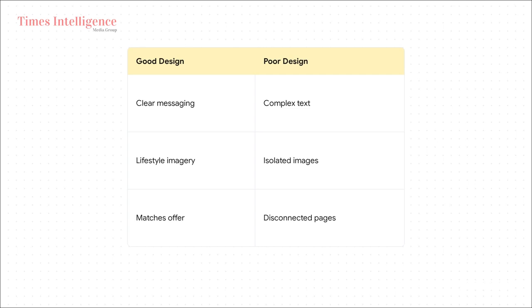Look at this stark difference between good and poor design here. Poor design relies on complex text and sterile, isolated catalog images. Good design, on the other hand, uses crisp messaging, like winter sale, 40% off, and pairs it with lifestyle imagery. Showing outdoor dining furniture actually set up in a lush summer garden creates an immediate emotional connection with the season. And, maybe most importantly, the destination landing page has to flawlessly match the advertised offer, or you're going to lose